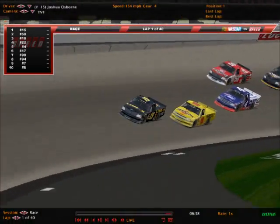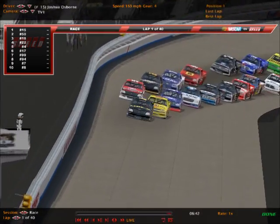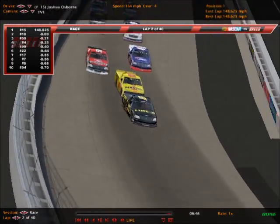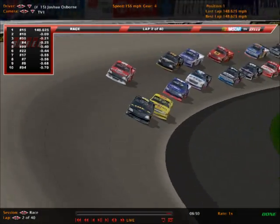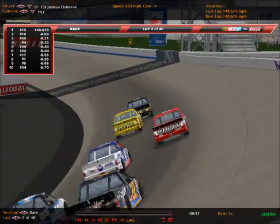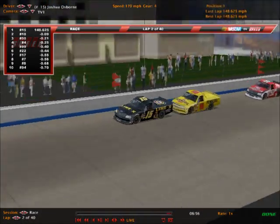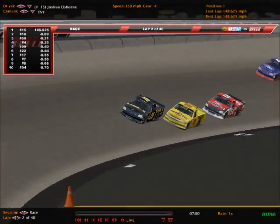So you got veterans in the... Well, actually, you had veterans in 2 of the front 3 spots here. Is Chris Dodd one of the comers in this series, and he has really made a name for himself in NR competition so far, as he has been in a lot of series so far. And here he is hanging in the back and hanging right there with one of the best, Joshua Osborne, as